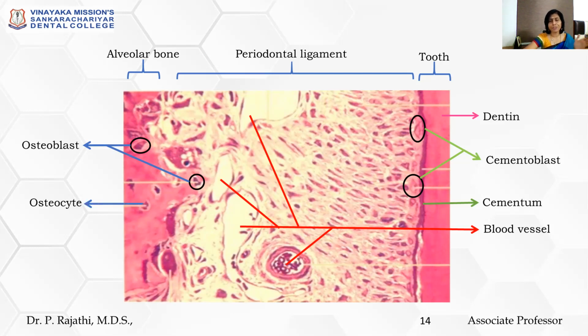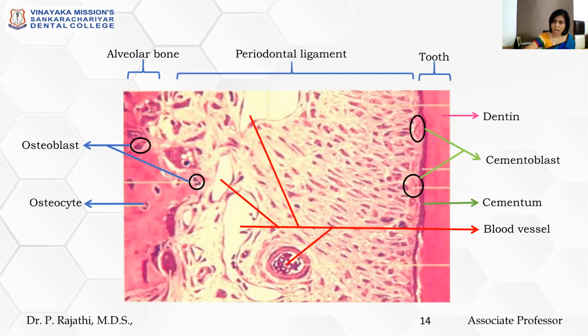Few cells during formation get trapped within the bone. Those cells, you call them osteocyte cells. You can see a few osteocyte cells within the alveolar bone. If the blast cells get trapped within it during its formation, instead of blast, you call it cyte. Likewise, you would have studied cementocytes in cementum, cellular cementum. Here you see only acellular cementum in this diagram. So if cementoblast cells get trapped within the cementum, you call it cementocyte.